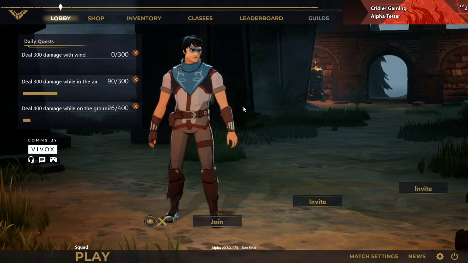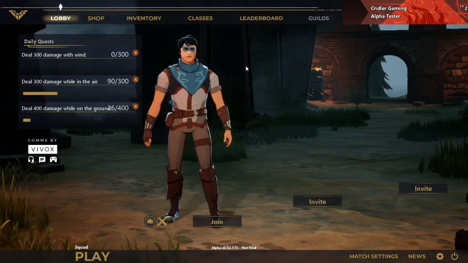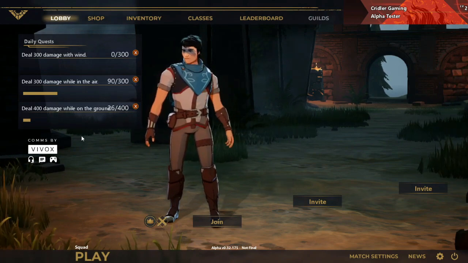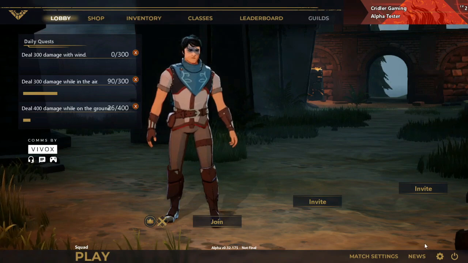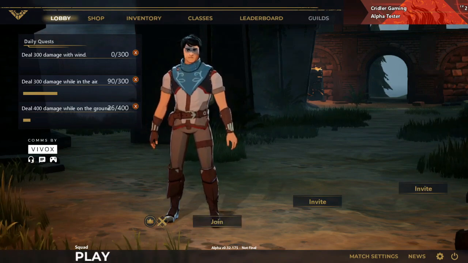It's quite straightforward really. You start with your breaker. This is your person here. You've got your quests, your daily quests. They're quite new to the alpha testing. You can invite your friends. As you can see, you've got a squad of 1, 2, 3 here, and we're in squad mode down the